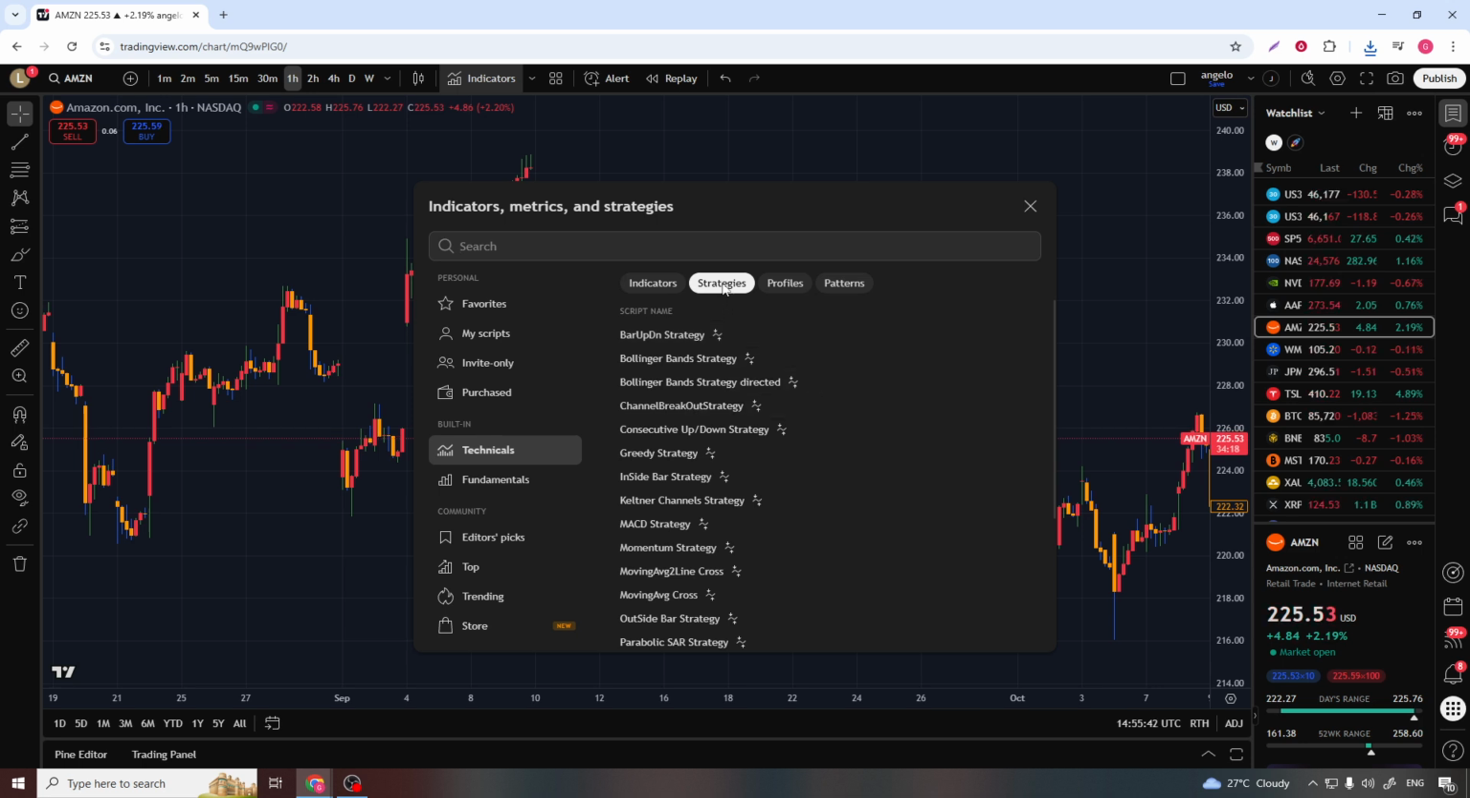Inside this panel, you'll notice there are different tabs or sections. One of them is called Strategies. If you're not already on that tab, click into it. Strategies are a bit different from regular indicators because they include backtesting logic. That means they can simulate trades on historical price data and help you see how a particular approach might have